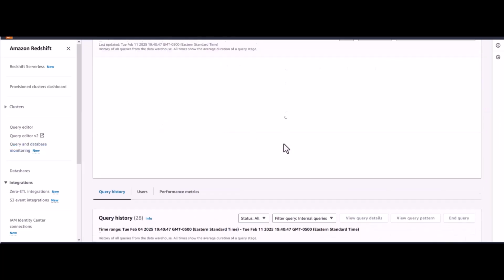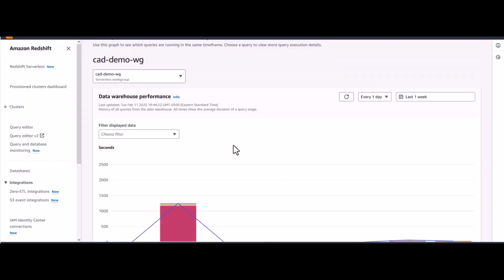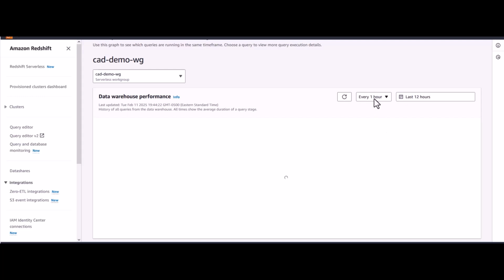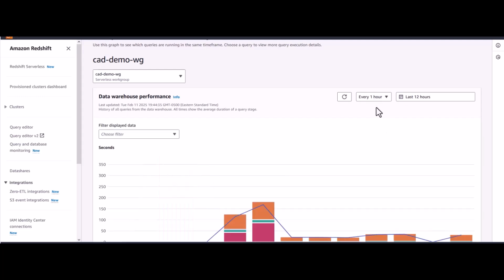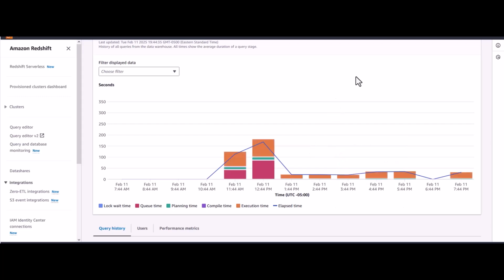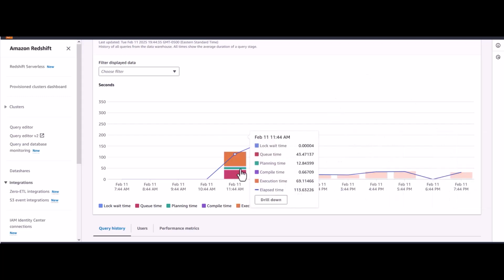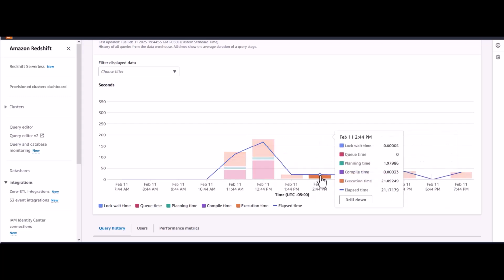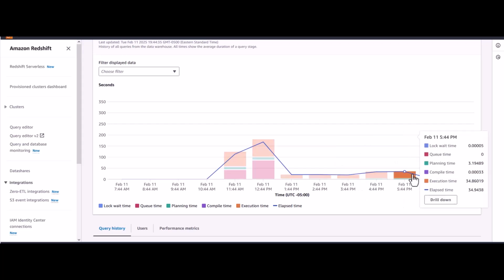If I click on that, it will list down the query runtimes over a period of time. I will analyze the last 12 hours. So I select that time range. I will go in the interval of 1 hour. Then I can see that during the day, there's significant queuing between 11:45 and 12:45. After that, there is no queuing. It's slowed down, I see queuing time at 0, and most of the queries are spending time in execution.